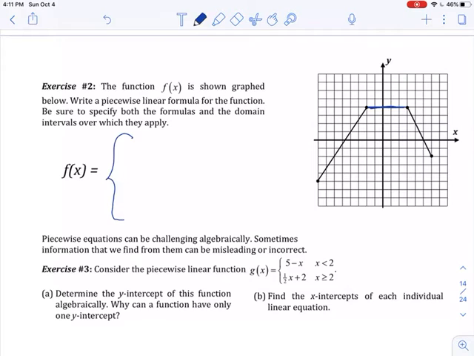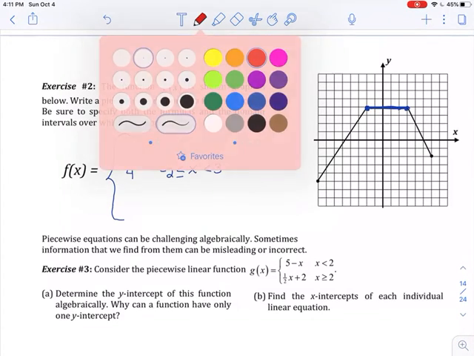The easy one is this piece right in the middle. So that horizontal line is the equation y equals 4. So I'm just going to put 4. And that occurs for all the x's from negative 2 to positive 3. All right, so I got x, and that goes from 3 to negative 2. Now you can see, since it's a closed circle, I could have put an equal sign also with the 3,